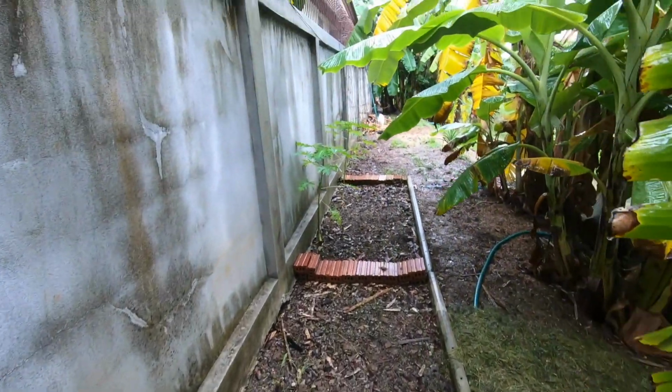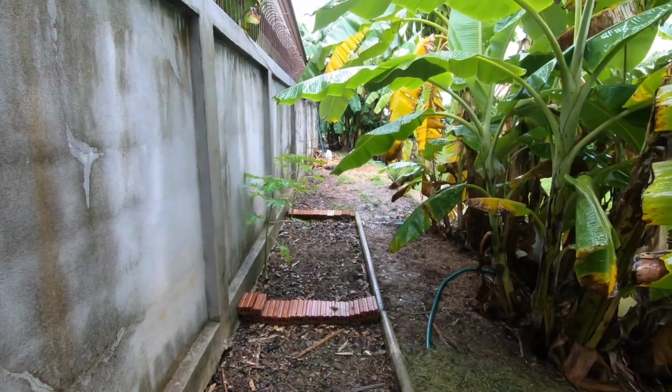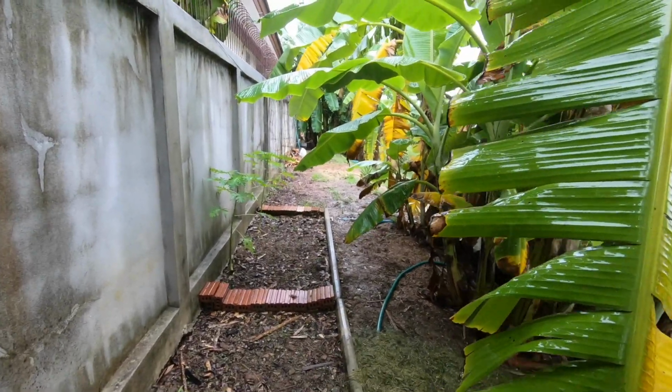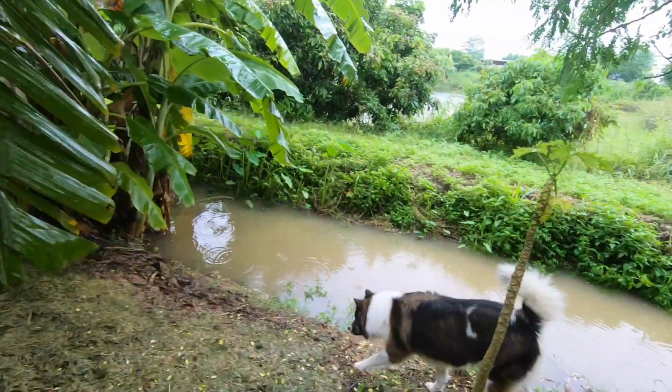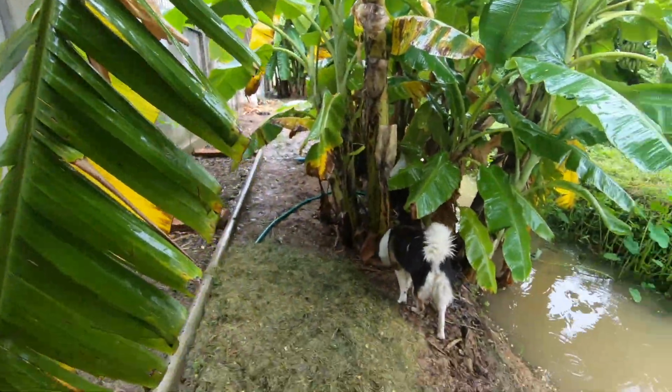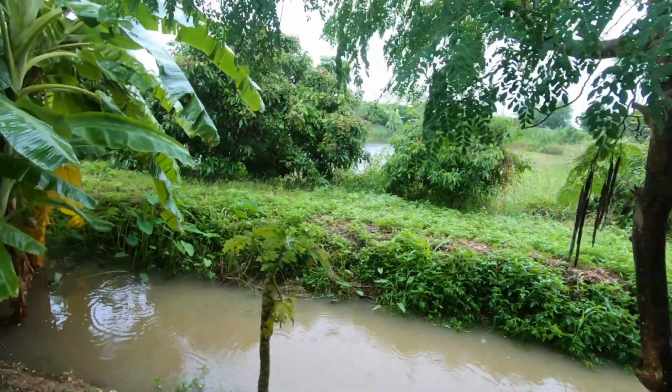We come way back up through here and we walk all the way through all of this right up here along the fence, and there's 2 more pipes down there that are drain pipes from the property up over in the Paradise Garden area. And that, folks, is the drainage system that has taken me 5 years to set up,